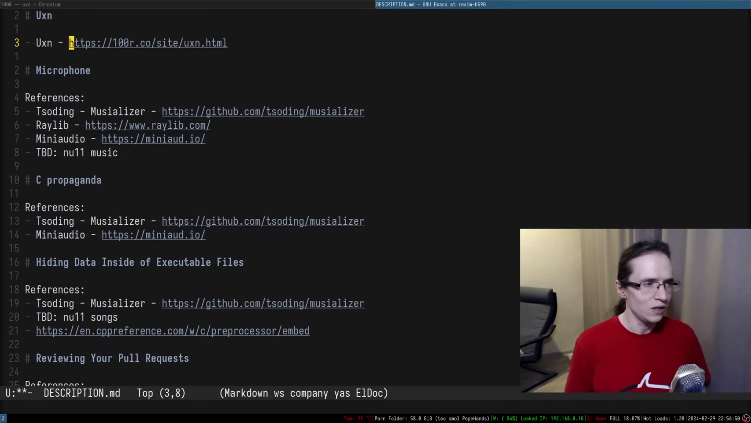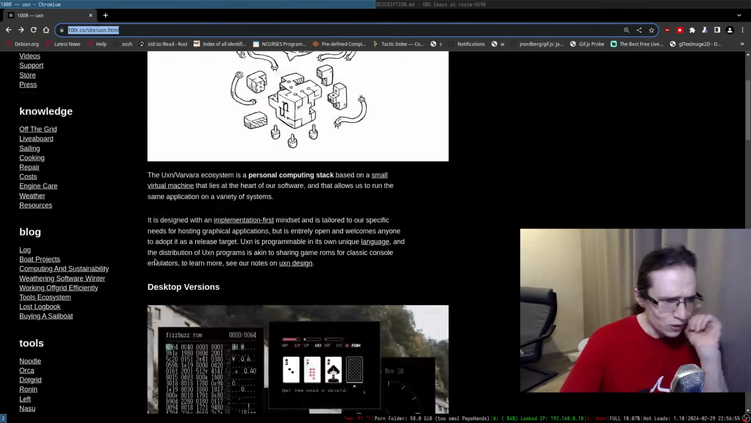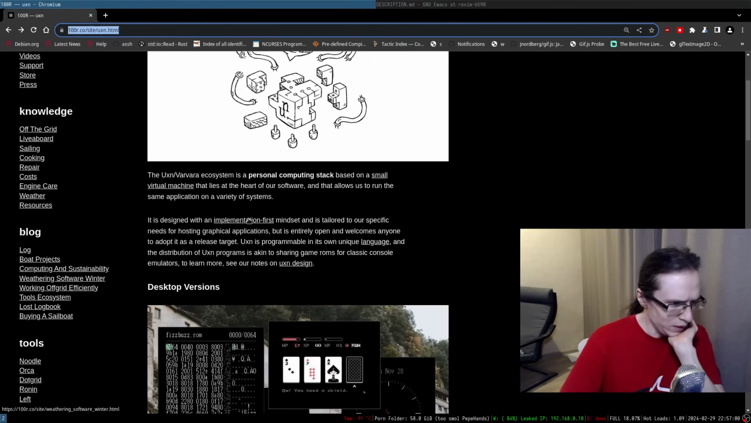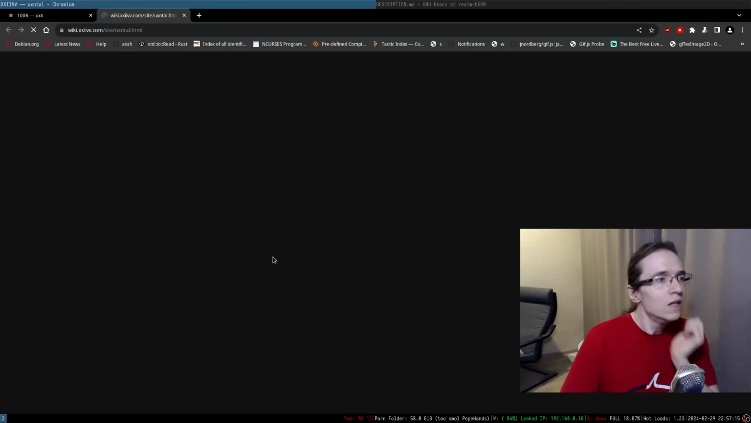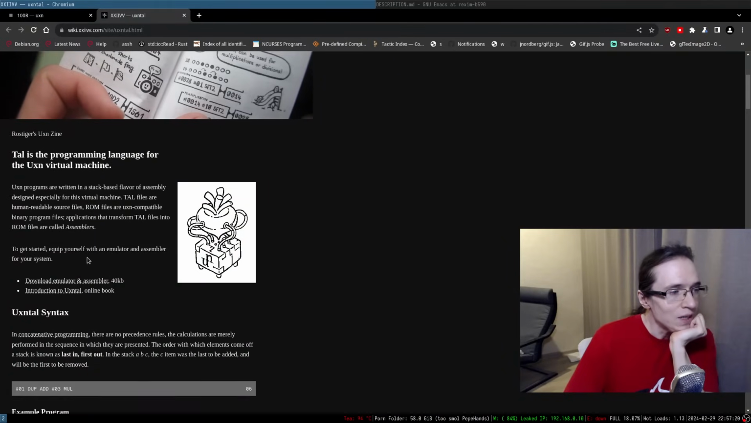UXN is a small virtual machine, right? It's quite interesting. It's designed with an implementation-first mindset. The link goes to some sort of article. It is tailored to a specific need for hosting graphical applications, but is entirely open and welcomes anyone to adapt it as a release target. UXN is programmable in its own unique language, UXN TAL. So what's that? TAL is a programming language for the UXN virtual machine. UXN programs are written in a stack-based...